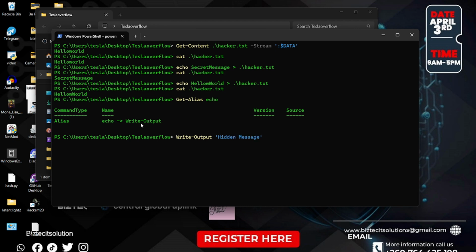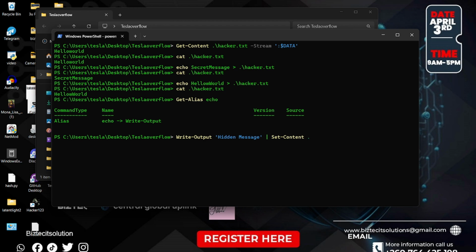Once we do hidden message, we're going to put that. I don't know the name of it. I've forgotten. Type in the comment section below if you still remember the name of this symbol. But once you type that particular symbol, you should now be able to set the data, to say set content,